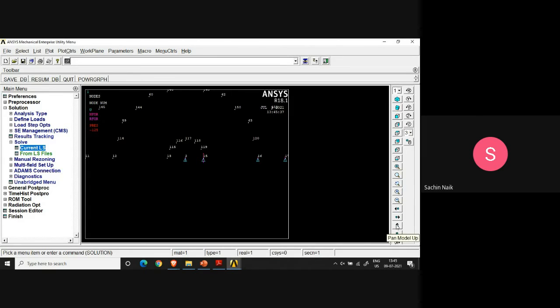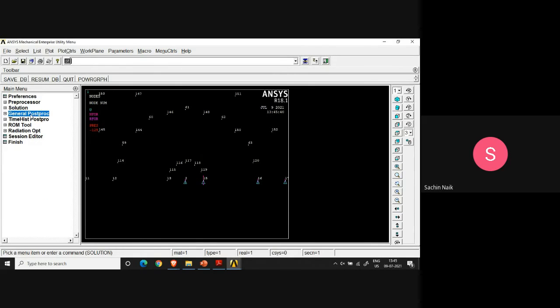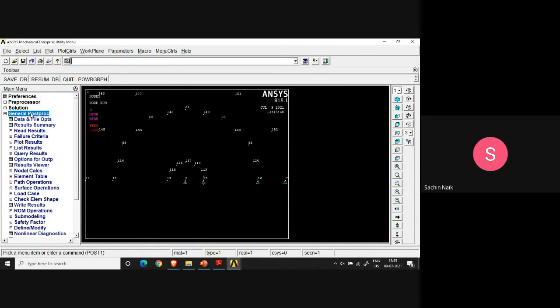And then, with this, I just align it properly and we'll specify to the problem what is the crack face path. And for defining the crack face path, you have to go to general post processor. Okay, so I go to the general post processor. It is part of that. I give the path operations. It is down here.